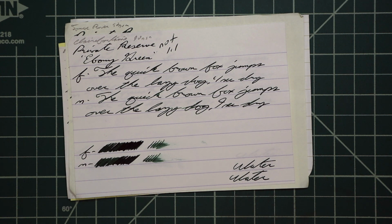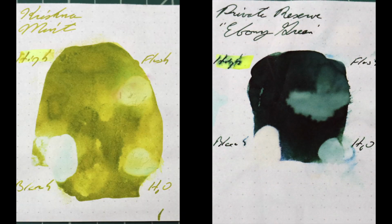That's all I have for the writing sample. Instead of finding inks that look like Private Reserve's Ebony Green, I would prefer to find an ink that complements its color on the page. Now, this is a very dark green, so my choice might seem odd, but I was thinking kind of monochromatic, in that a light green along with this very dark green would look quite nice. And I chose Krishna's Mint because it's kind of a yellow green, and I felt that very light with the